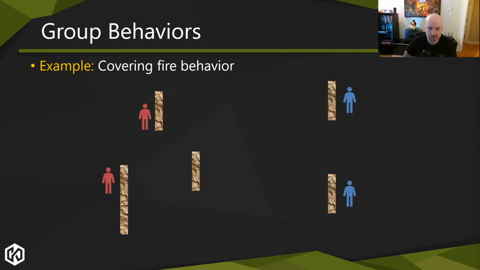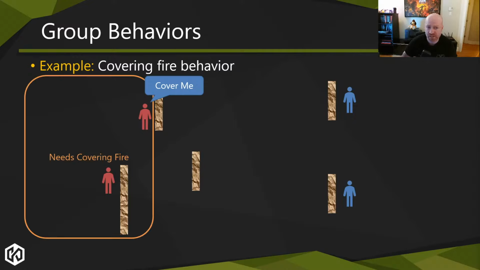So here's a very basic example. I have an agent that basically wants to go to that empty cover, and we want to make them seem smart. So we want some sort of covering fire and everything else. We want to make it look like there's coordination and group behavior. So it can issue a bark saying, hey, cover me. Yells out, cover me. We can then spawn a stim volume that basically says, hey, I need covering fire. Simply, we just make a volume. It would yell cover me if it knows that there's other agents around it.